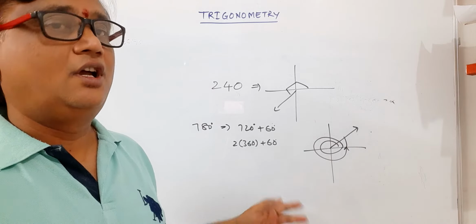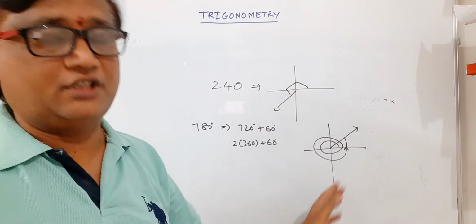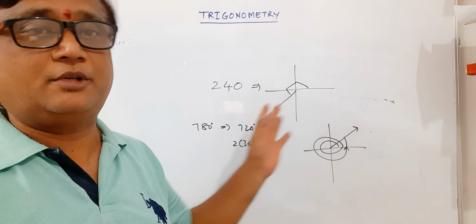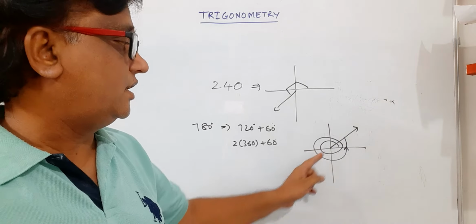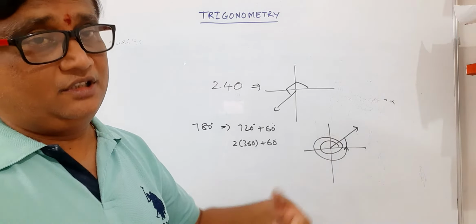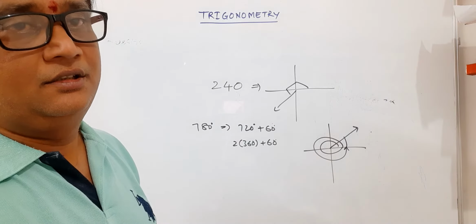1620 degrees, how can we locate it, sir? Some people asked. It is not a problem. It is a rotation: 360 plus 360 plus 360 plus 360. So count how many complete angles, and for the remaining angle we take the place values. In later videos I am going to explain this type of angles.